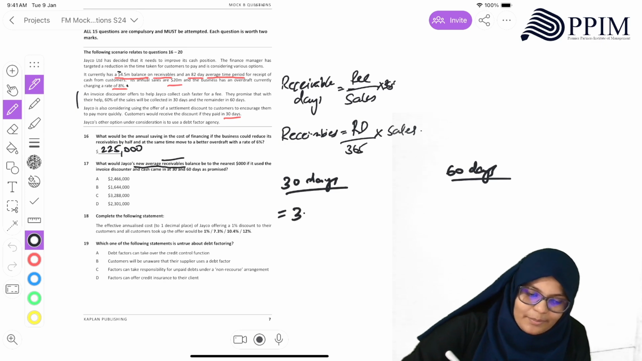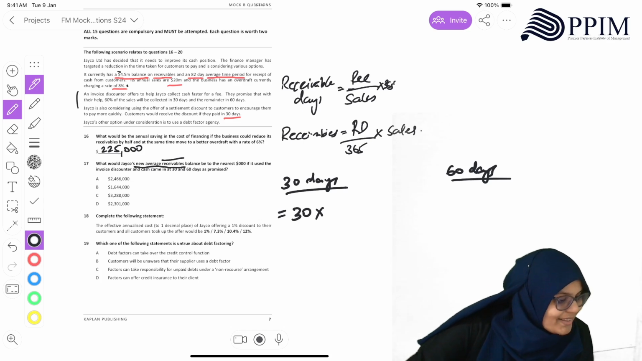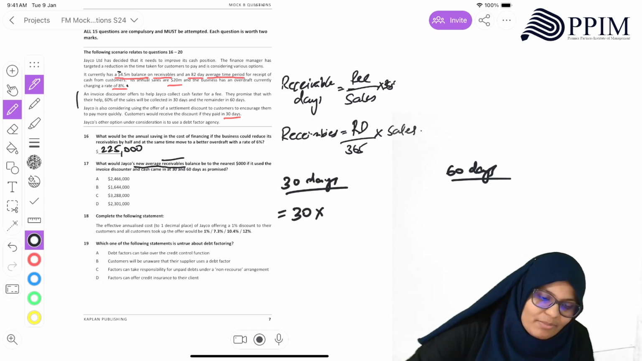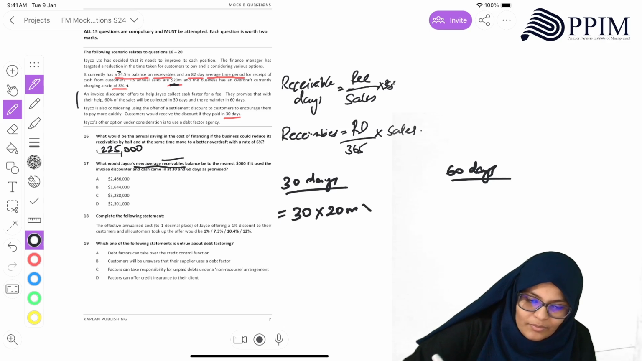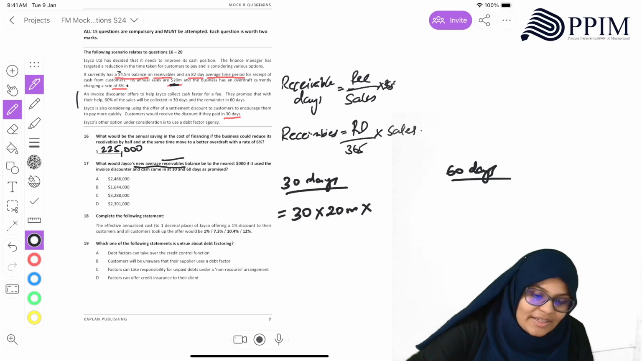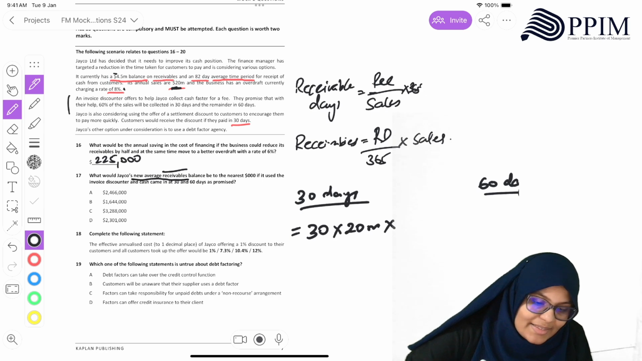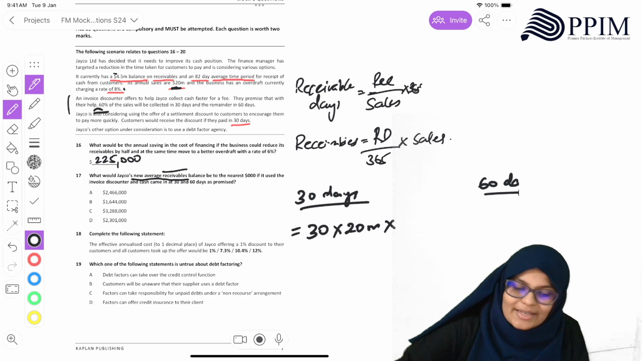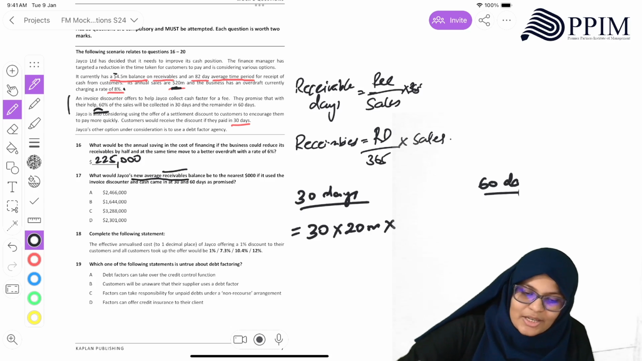Obviously it will be 30 into what is the sales figure. In the question they give me the sales as 20 million. So into the sales, which is 20 million, into what percentage will give me that 20 million in 30 days. They told me 60% of my sales only will come in 30 days. So that will be 60%